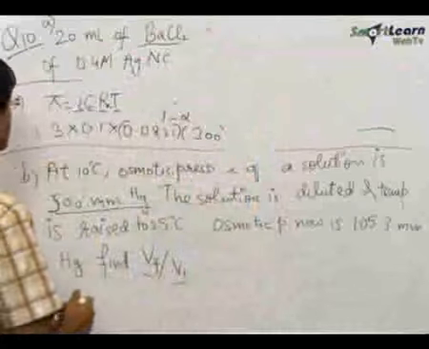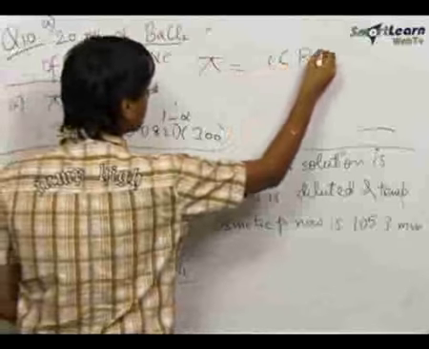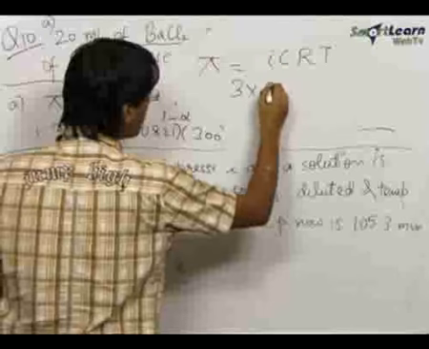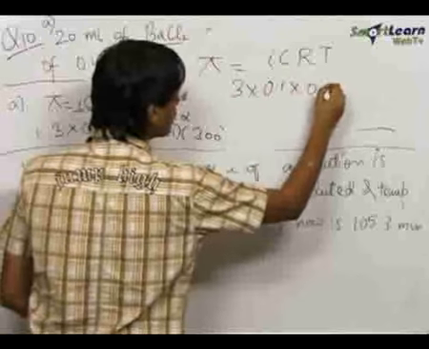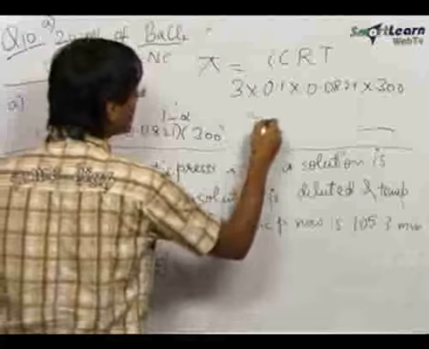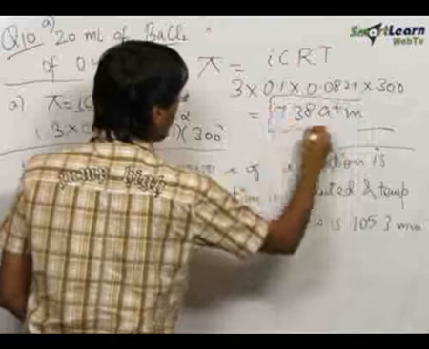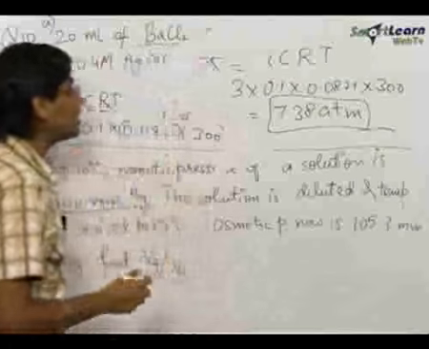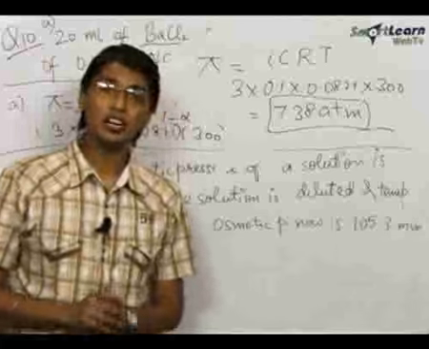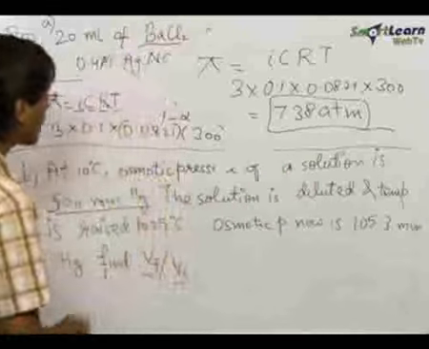On solving this equation, I will rewrite this equation again. This is iCRT. The i we found out to be equal to 3. Molarity we earlier found out to be equal to 0.1 into gas constant 0.0821 into 300, which is the temperature, and this is equal to 7.38 atmospheres. And hence the osmotic pressure of barium chloride, assuming it to be 100% ionized, is 7.38 atmospheres. For the second part,